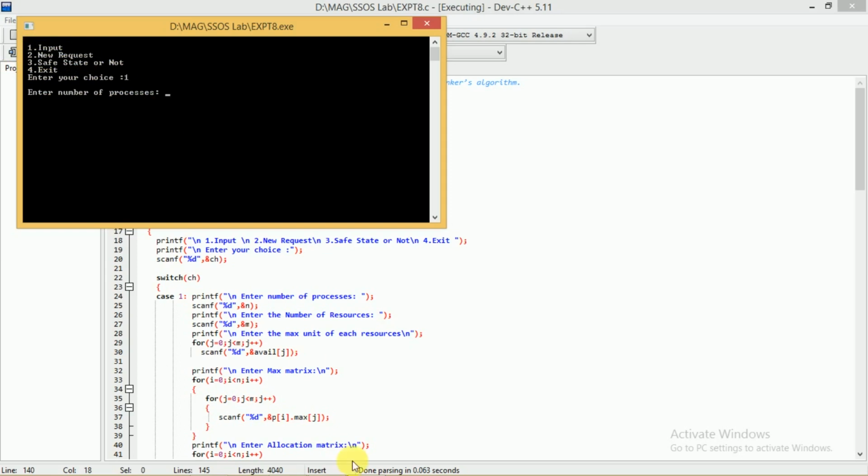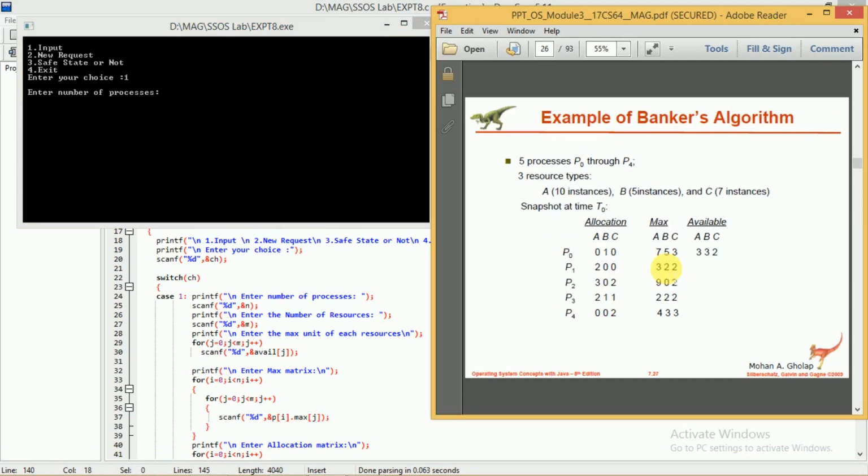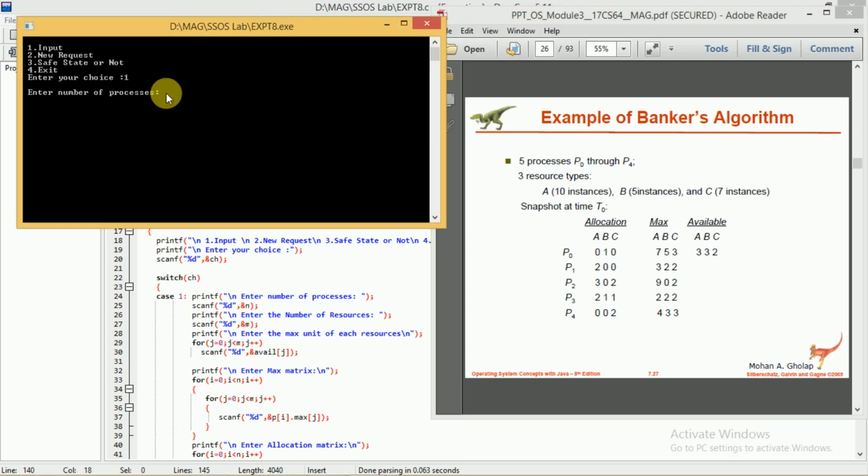I will consider the same example which we considered while discussing the concept of banker's algorithm as a part of theory, in the theory video. In this example we had 5 processes and 3 resources. So here it is asking the number of processes, so I will enter 5.